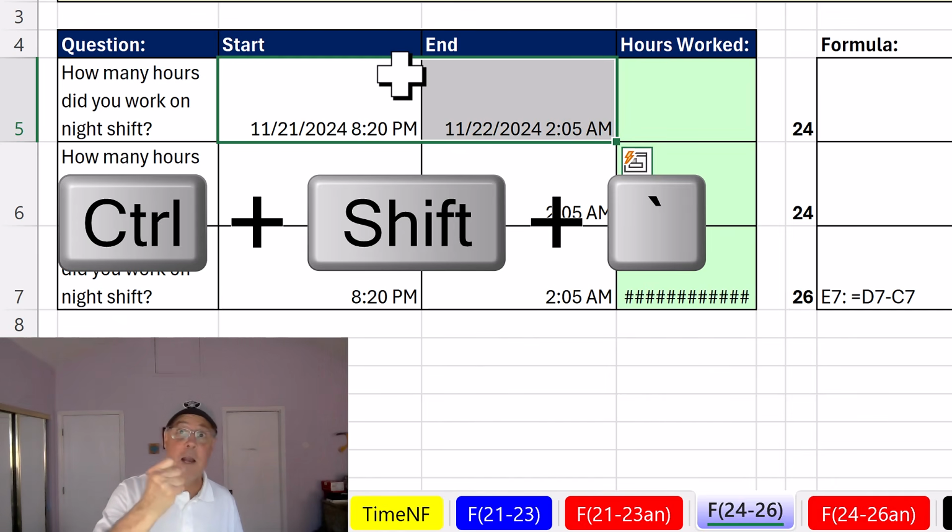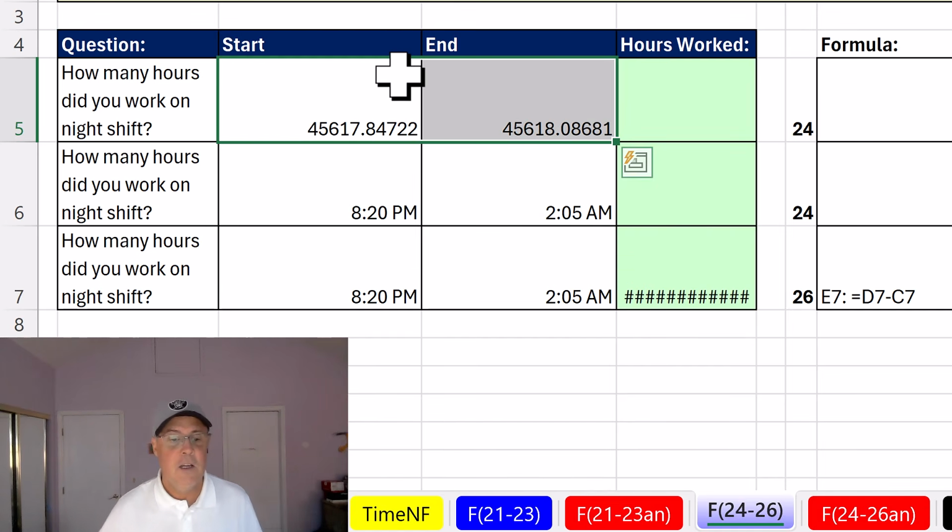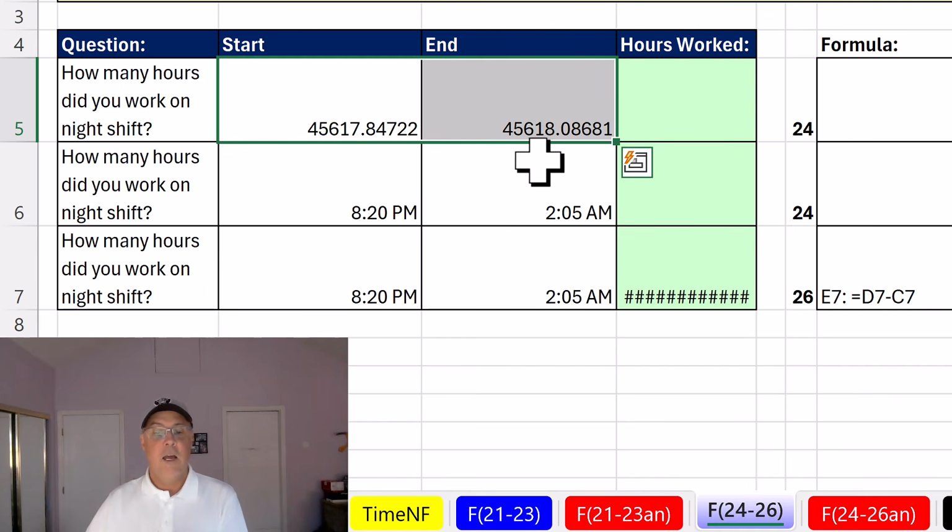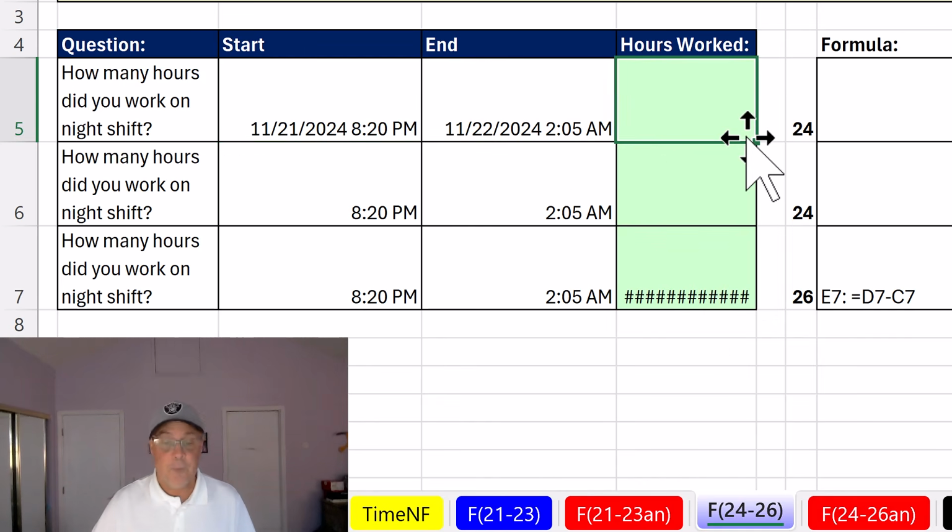So when you combine date and time, it's just the integer plus a couple decimals. Control Shift tilde, and sure enough, that's 17, this is 18. This is almost all the way to 18, and this is a little bit past 18. Control Z. So when we do our formula equals later date time minus earlier date time times 24, Control Enter,